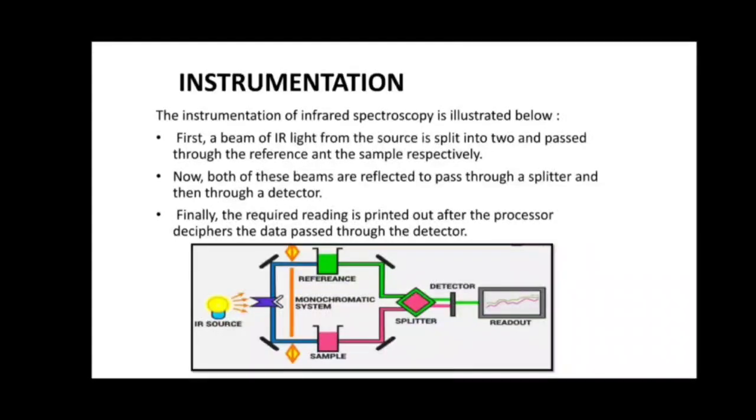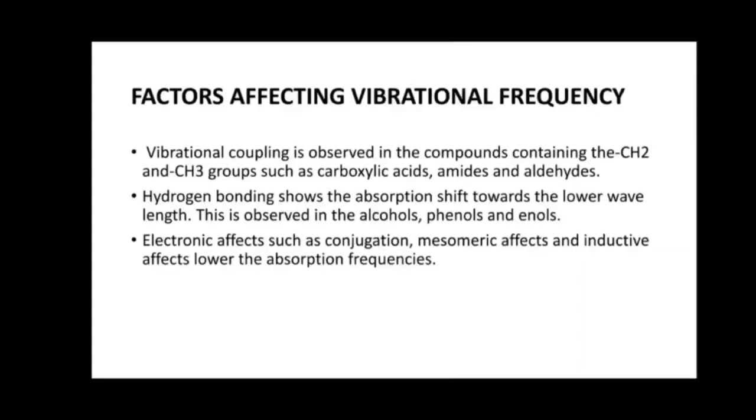Instrumentation of IR spectroscopy. First we start the radiation source, and due to electrical heating it will produce IR radiation. This radiation goes towards the mirror, where it gets reflected, and then passes through the reference cell. When radiation reaches the beam chopper, it alternately sends the reference and sample radiation. Thus it reflects that radiation towards the slit, and then it goes to the diffraction grating. The grating will diffract the radiation, so resolution will be improved.